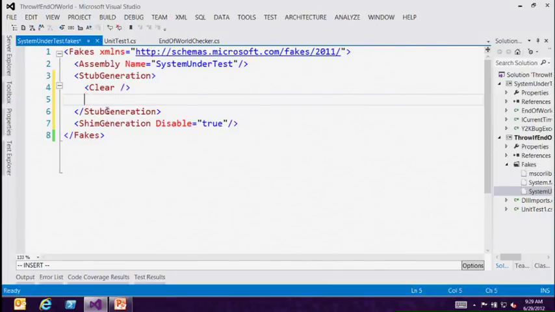So now the list is empty. Nothing will be stubbed. Add, type name, my type, whatever I want to put here. Okay? And if we look at the IntelliSense for this,